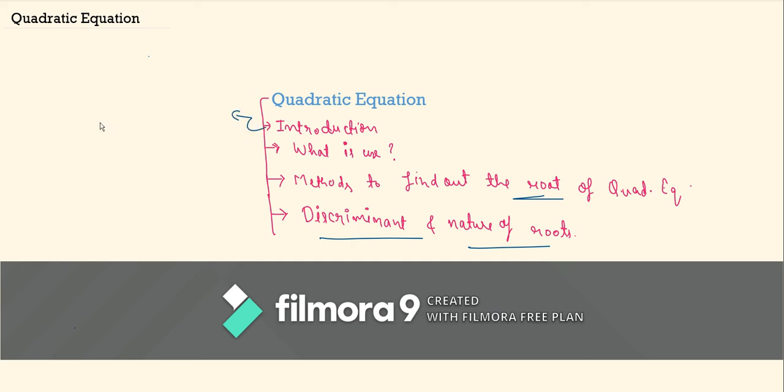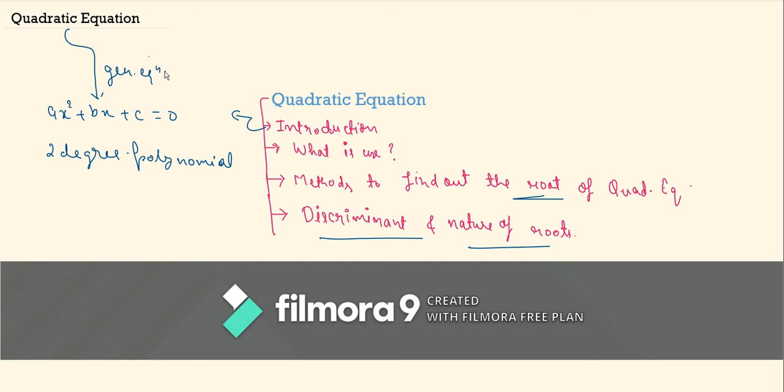Do you remember that when you were studying the polynomial chapter, there was an expression in the form ax square plus bx plus c? Why am I taking interest in this particular equation? The reason is that it is a 2-degree equation. It is a 2-degree polynomial that we also call an equation. So this is the general form of the quadratic equation chapter. That's why I'm taking interest in it.